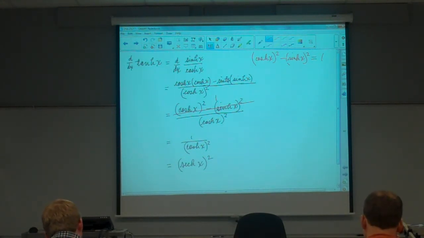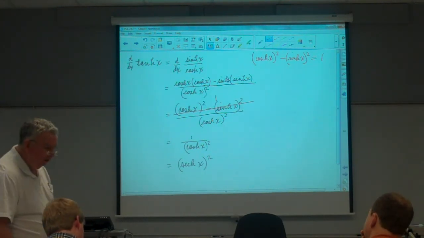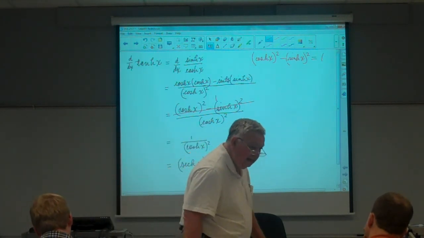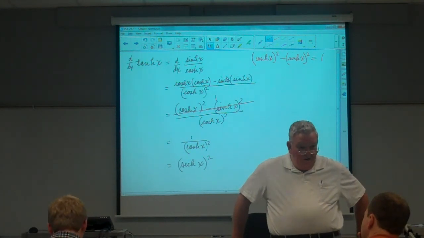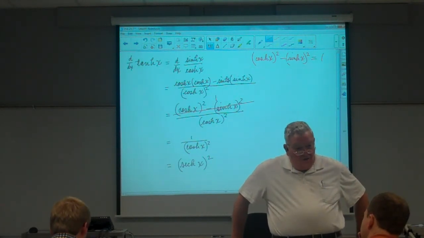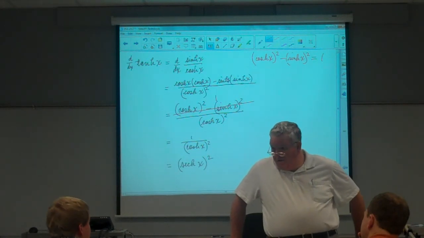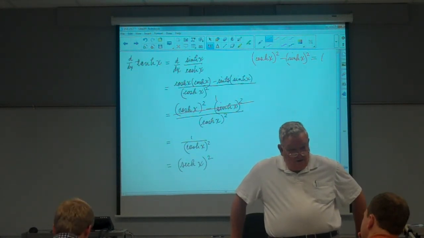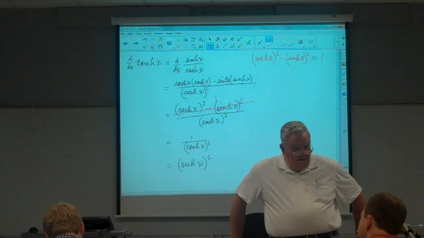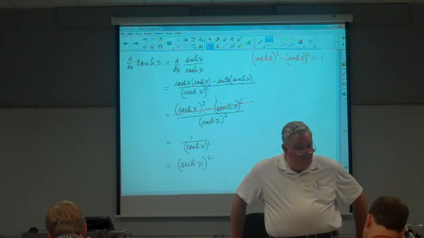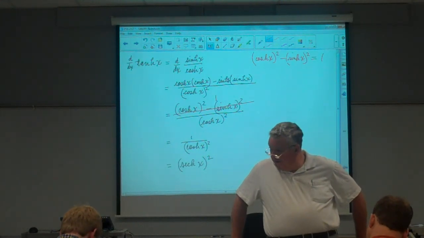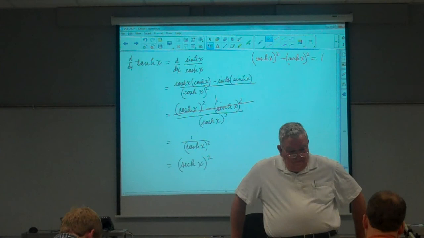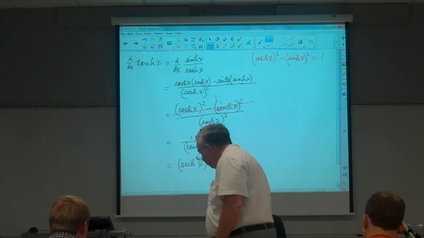Is the first way you did it the correct way to do it? It would be the correct way of doing it, but then I'd have to give you another new identity. And I'd just as soon limit what I give you. So I took it off in order to use the cosine squared minus sine squared and show you that. What I'm trying to do simply is not give you too much to have to remember, because test 5 in this course